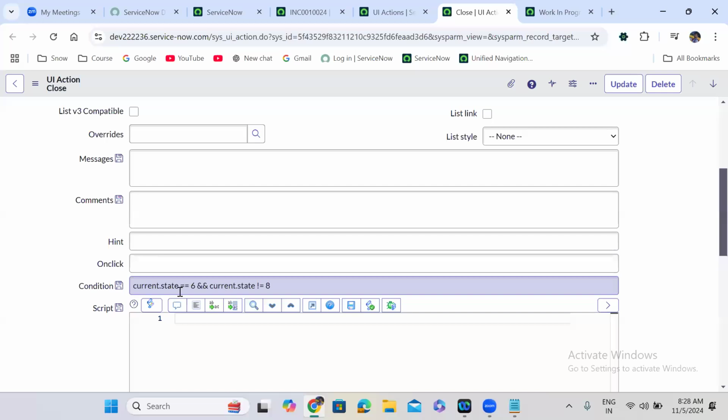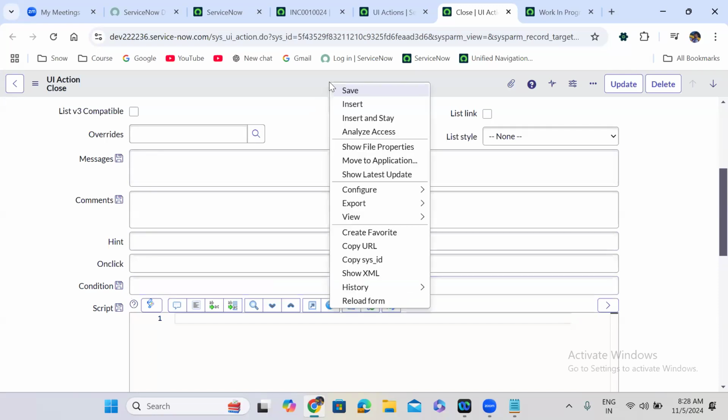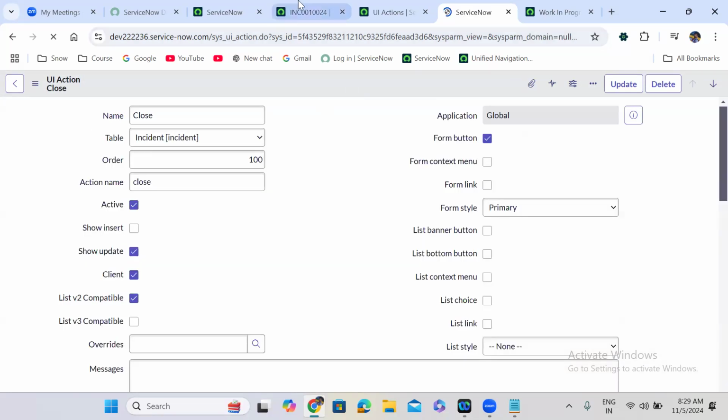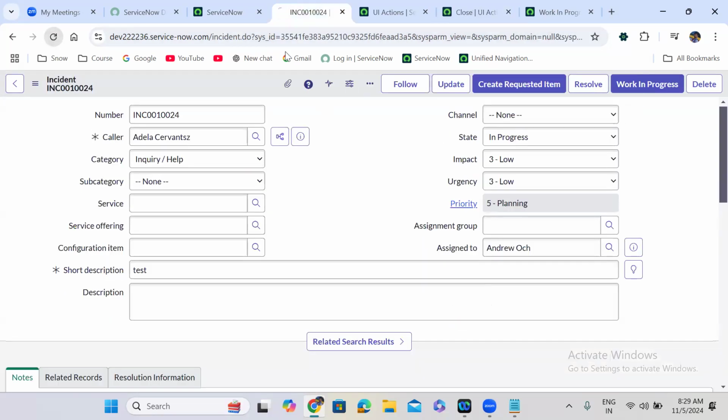This close button will appear only when the state is resolved. Let me remove this condition so that it will appear everywhere. Okay, now you can see the close button here. So whenever you click on this button,